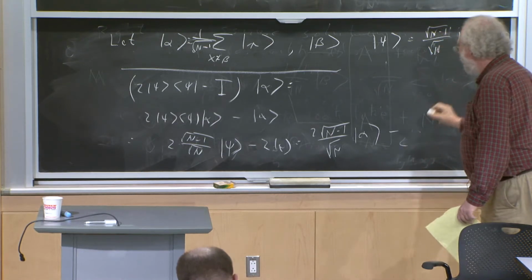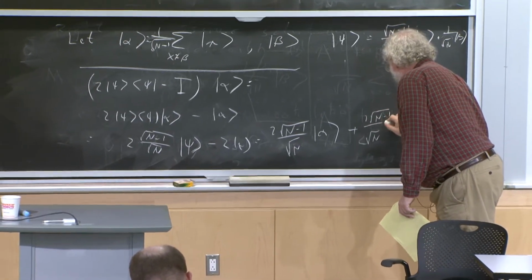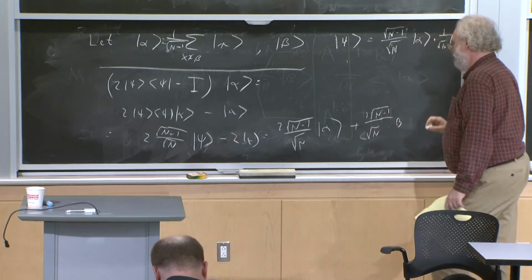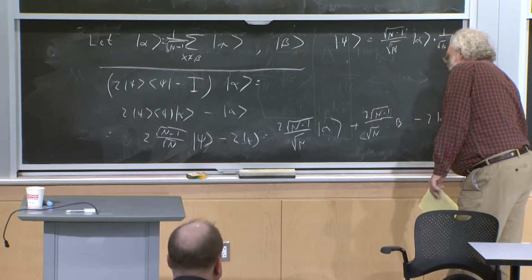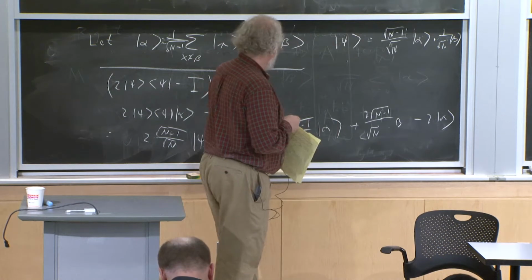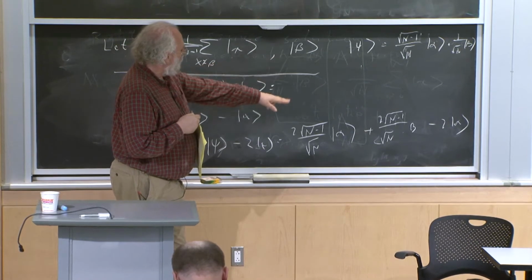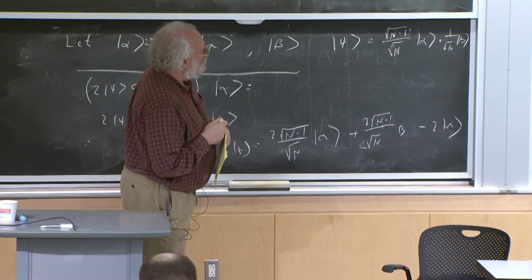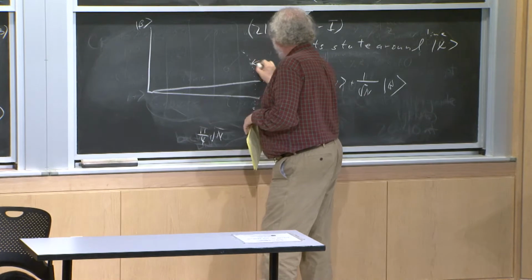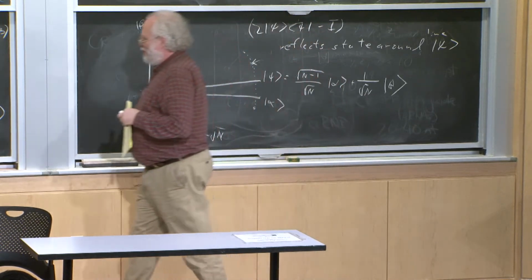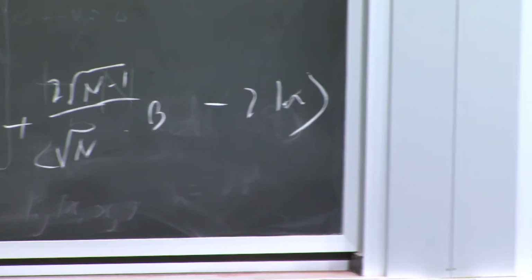Okay, I don't think this is the right way to do it. So we started with alpha, and we ended up with 2 root n minus 1 over root n beta, which I think you can